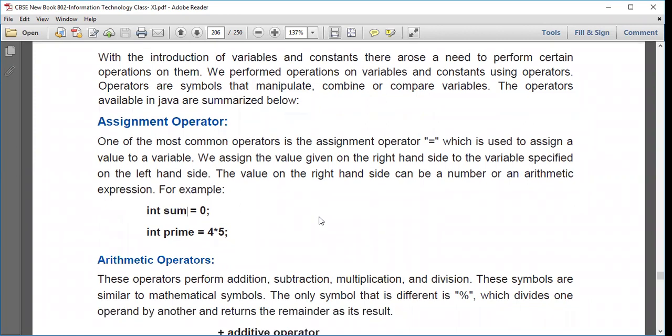right? So it can be a number, it can be an expression also, like 5 star 4 star 5. 4 star 5 means star indicates multiply here, so it is 4 multiply 5, ठीक है? तो 4 multiply 5 इस एक्सप्रेशन का जो भी आंसर आएगा, वो आंसर प्राइम को, इस वेरिएबल को असाइन कर देगा, ये इक्वल टू सिंबल,